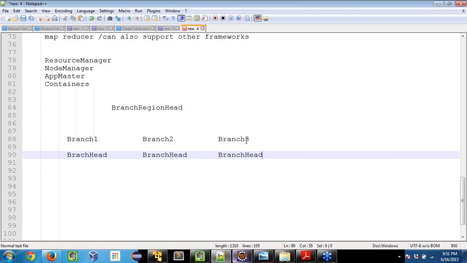The branch region head handles and controls the three branches, and all the branches have their corresponding branch head. Now let's consider that branch one started to work on a project,